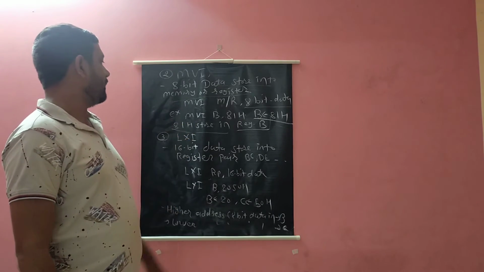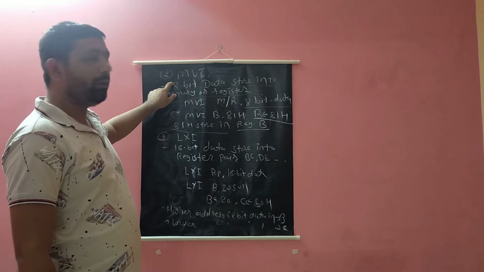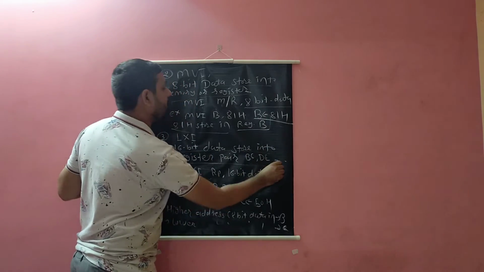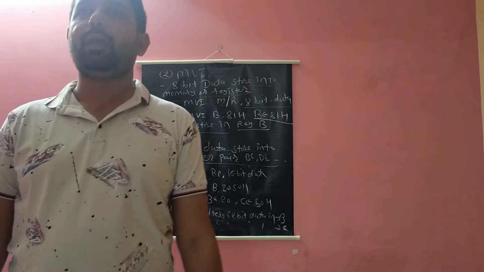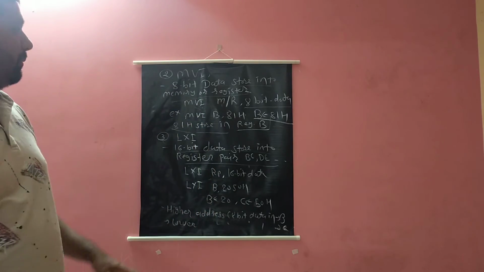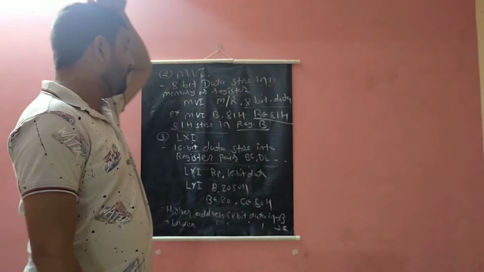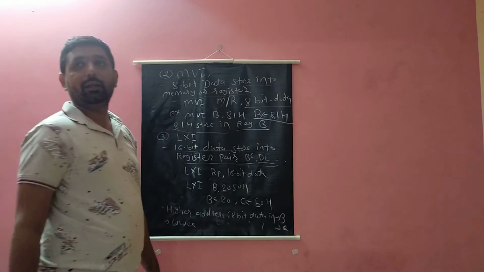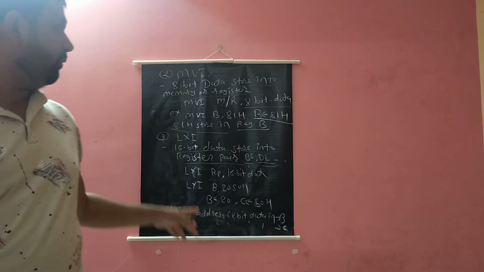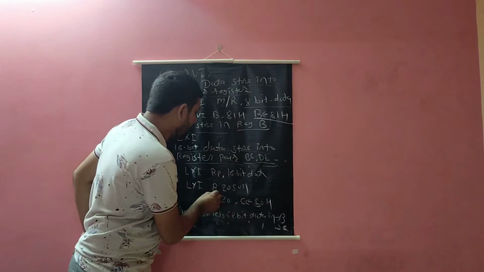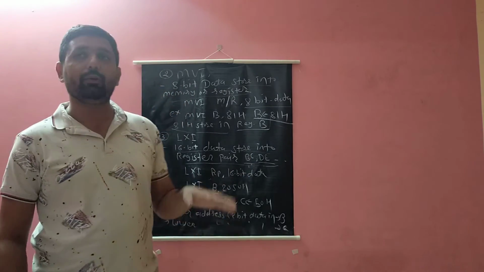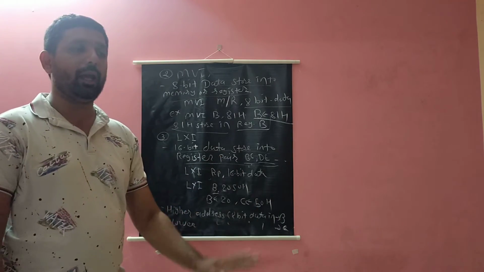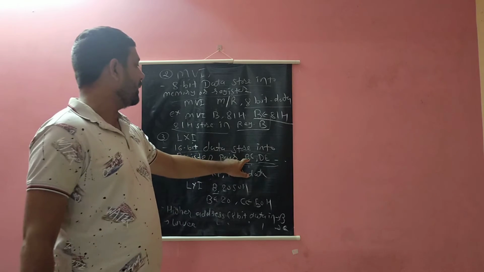Now we see the LXI instruction. In the same way, MVI is used for 8-bit data and LXI is used for 16-bit data. 16-bit data is stored into a register pair, because a register has a size of only 8 bits. As we learned in the previous lecture, when we use 16-bit data we must use a register pair, and in this instruction we use only the first letter. Here B means BC, D means DE, and H means HL.